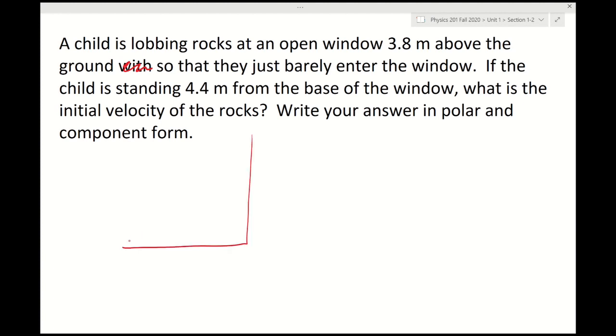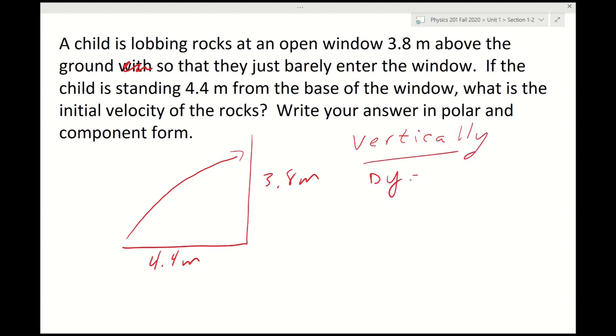So the picture is almost the exact opposite of the one we did earlier. We know that it's 4.4 meters this way. We know that it's 3.8 meters this way. So it's going up instead of coming down. Vertically,